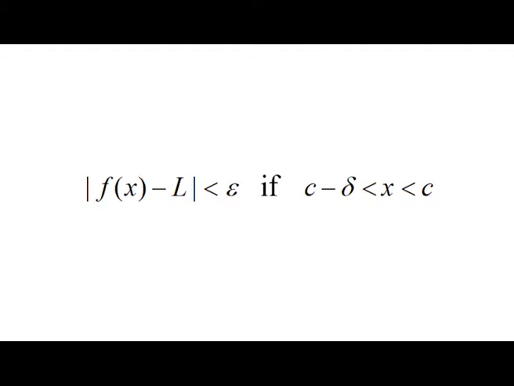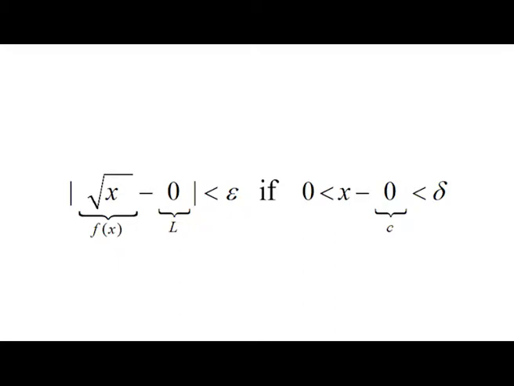We observe that the square root of x denotes the non-negative real number whose square is the non-negative real number x. Then f defined by f(x) equals square root of x, x greater than or equal to 0, is a function. Let us prove that the limit of square root of x as x approaches 0 from the right is 0 using the epsilon-delta definition. As the domain of square root of x is x greater than or equal to 0, it is valid to discuss the limit as x approaches 0 from the right.